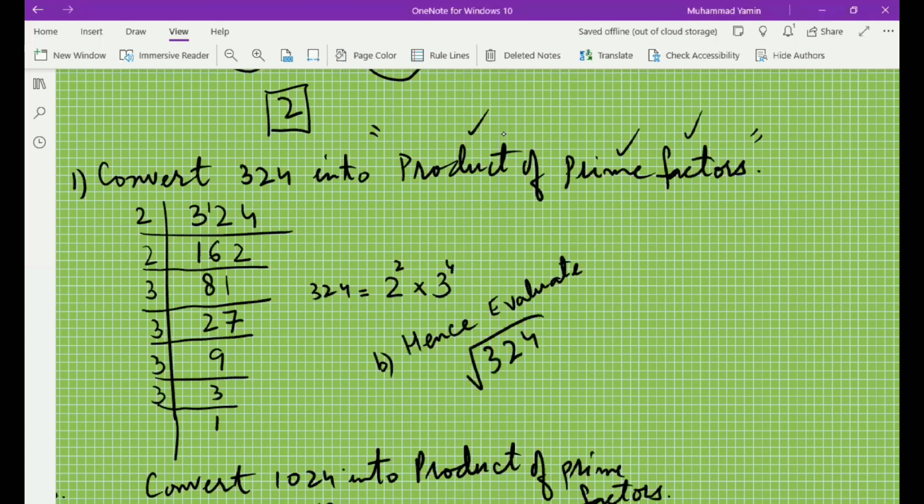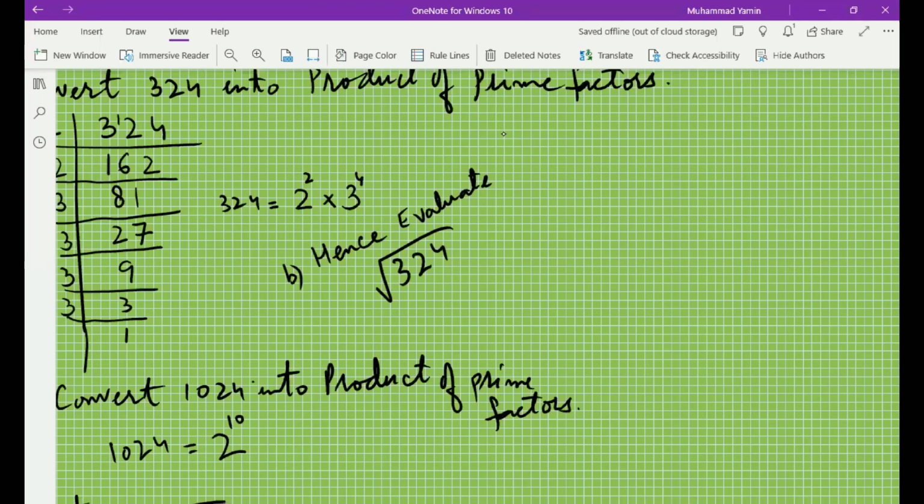Hence means taking help of the previous part. Evaluate means find the value in the number form, numerical form. No algebraic calculation, no variable, no plus minus sign should be there. So now this will be in this way. We'll take 324 in the square root and substitute it with the prime factors that we have already acquired. That is 2 square